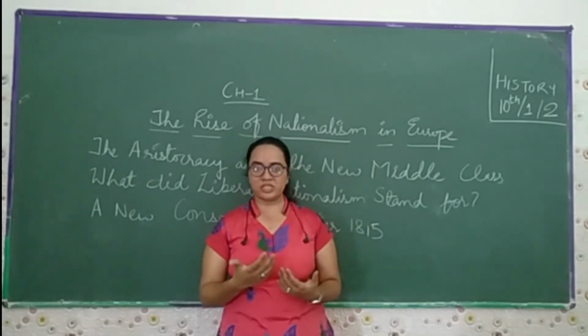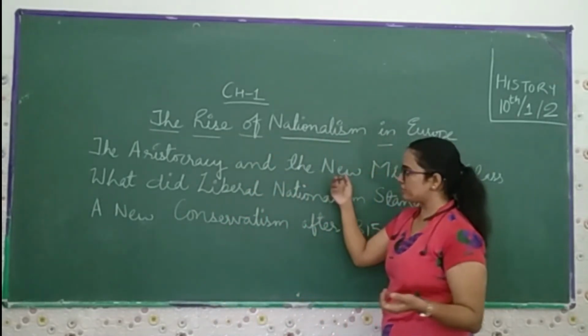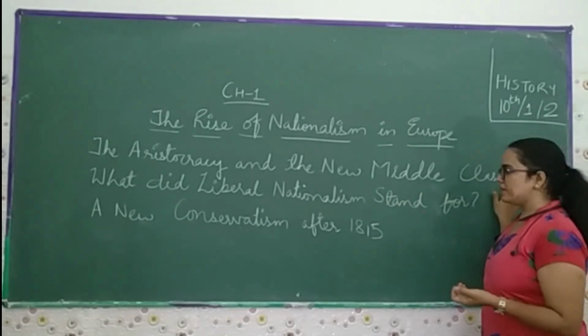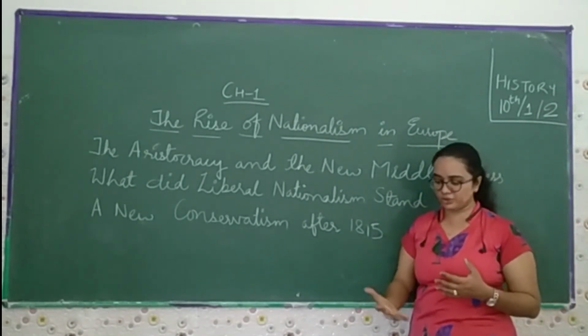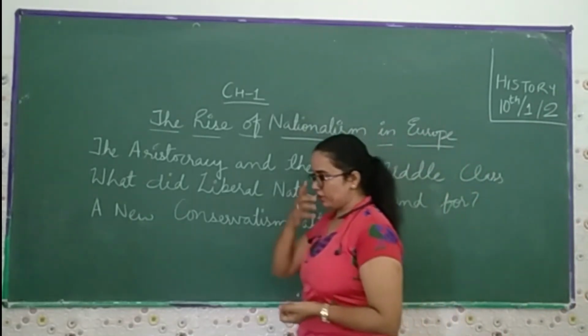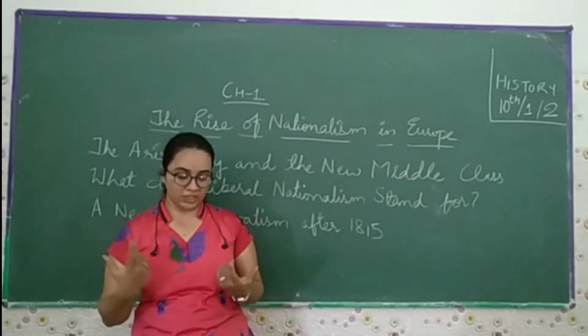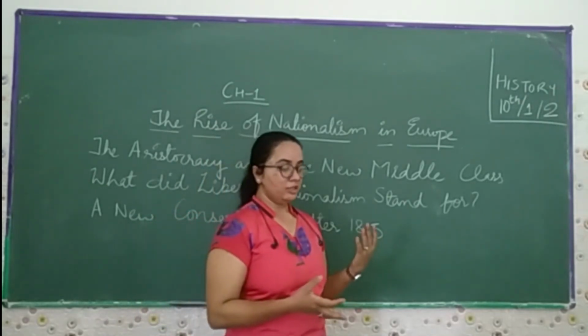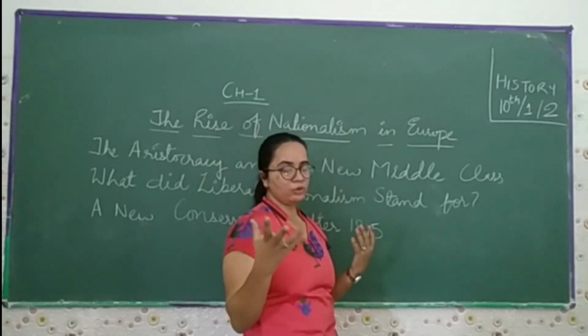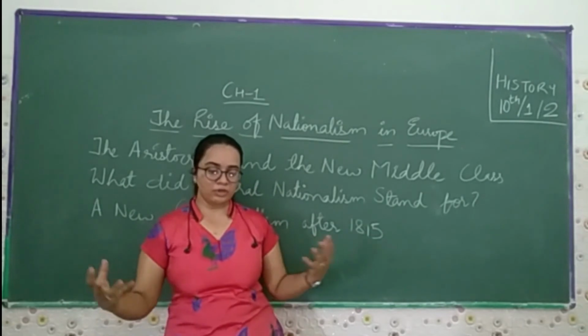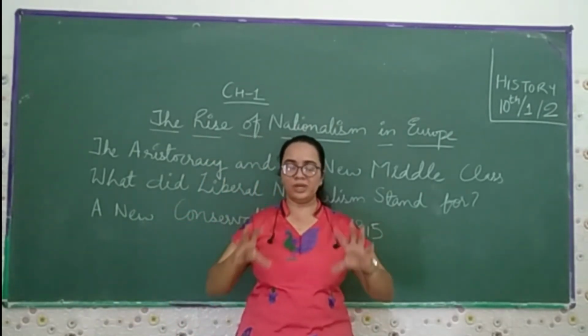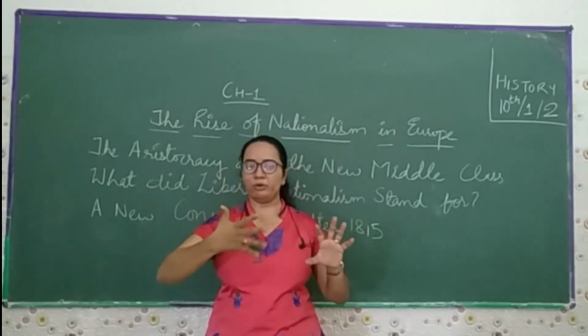So far in this segment we have discussed the aristocracy and the emergence of the new middle class, because the middle class are well educated. What they want is their own elected representatives, their own government, and equality. Earlier the people were divided on the basis of language, and they did not want unification, they wanted just their own country on the basis of language.